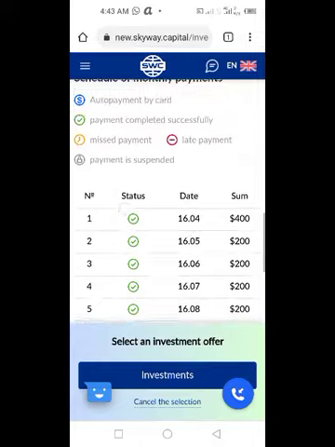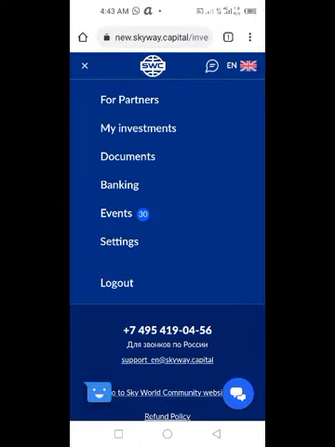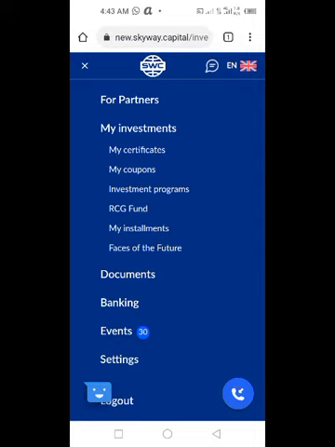Now, should it be that you want to pick a new package, then you go to investment programs under my investment. Do not go to investment programs when you want to pay for an existing installment.